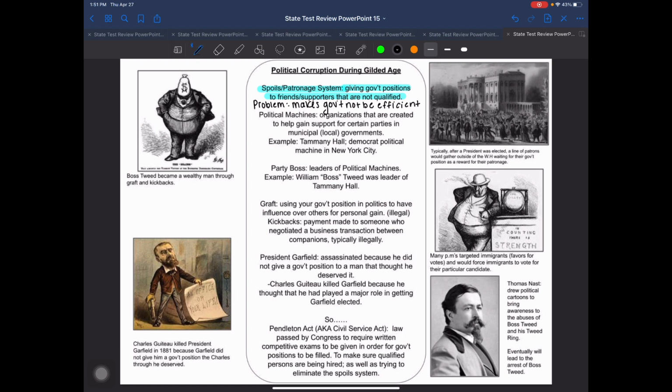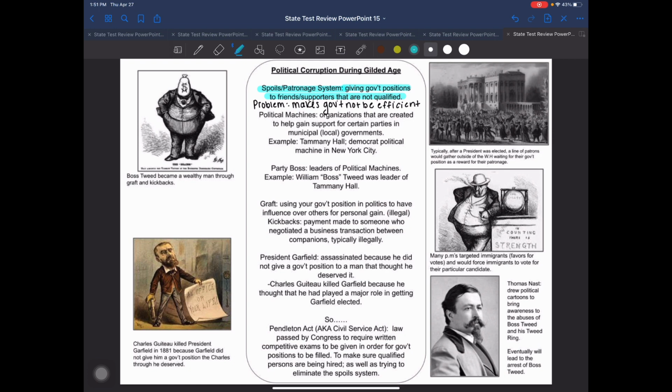because we didn't elect senators back then. They were chosen by other people. And what we see is a whole bunch of people given jobs to make our country run good, to take care of the people, and they're not qualified for those jobs. So therefore, those jobs are not being done very well. So it makes government very inefficient.